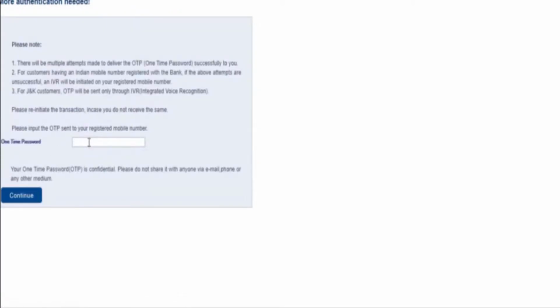It will send an OTP to your email address or mobile number. You select the mobile number, as I selected, and press continue. It will send me an OTP. I will enter the OTP and press continue.